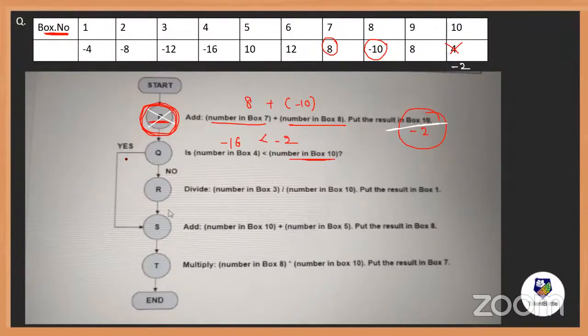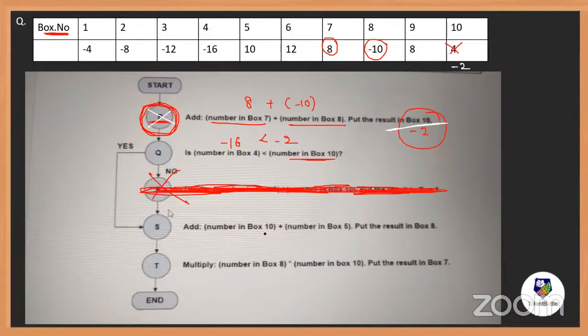Yes. That means what we will do from here, we will ignore this step. This step we are not going to do. As it is S, we will ignore this step. If it is no, we could have done this step also. But it is S here. So we will ignore this step and we will jump directly to this step. Okay. So we will ignore this one and directly jump to this one.